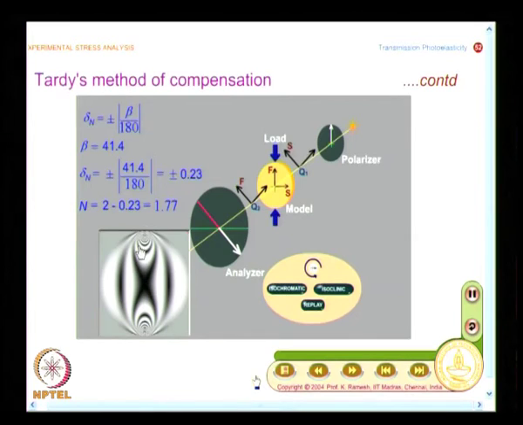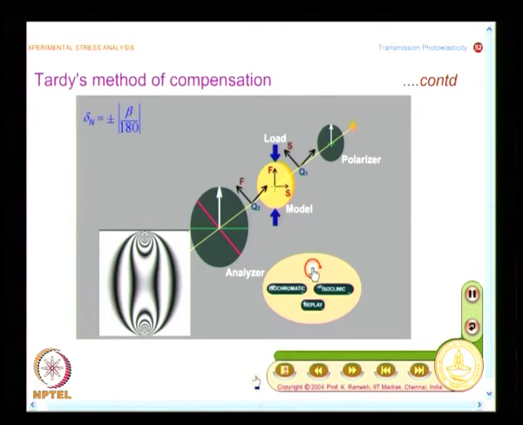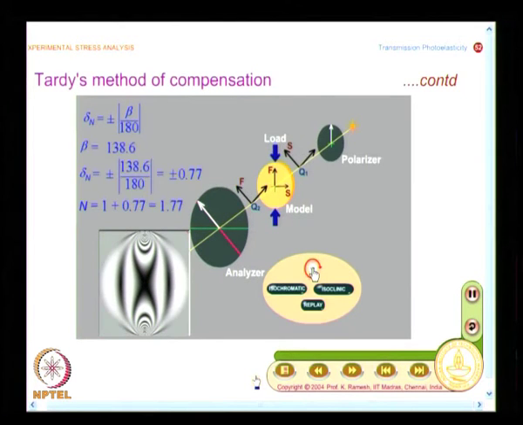So, what I have here is I find out the angle by which I have rotated, then I find out delta n, and I finally attach the sign depending on which fringe order has moved and occupied. That is a key point, and when we rotate it counterclockwise, I have fringe order 1 moving and occupying it.